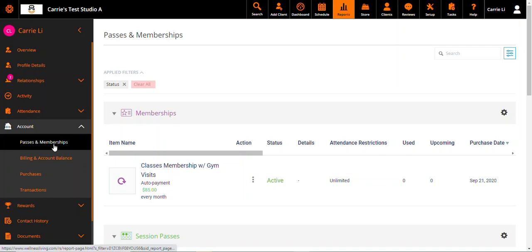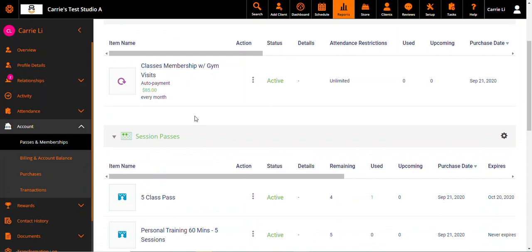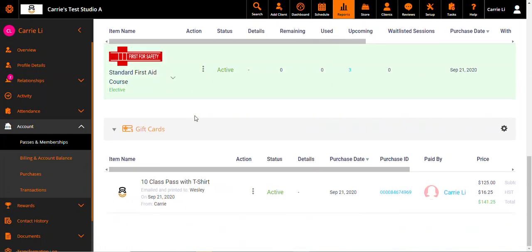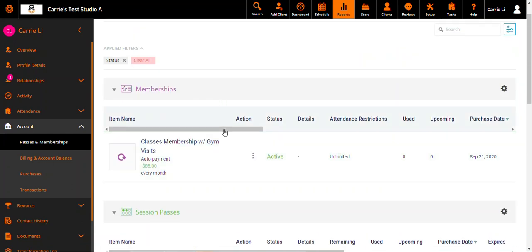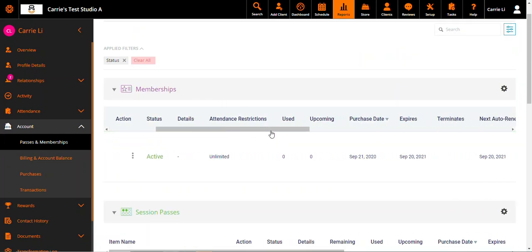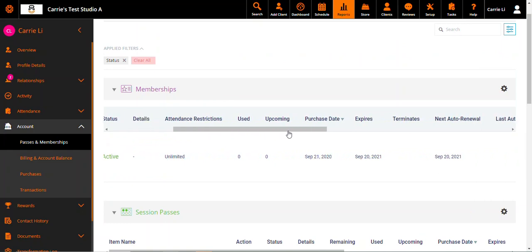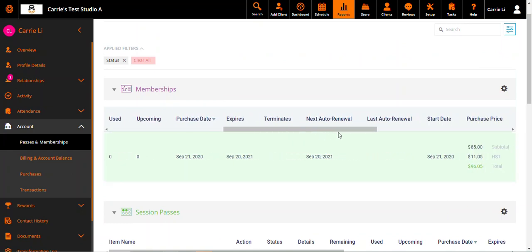Under the Passes and Memberships tab under the client profile, I can view any memberships, session passes, events, and gift cards that have been purchased for this client. If we scroll through, we can see different headers such as action, status, details, tenant restrictions, used, upcoming, purchase date,